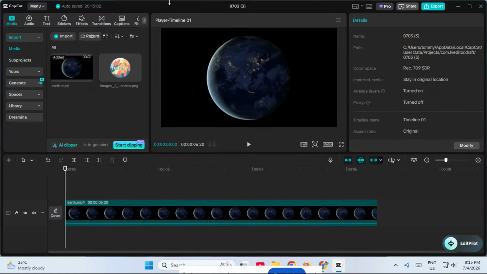If you want to make a smooth zoom in and zoom out effect in CapCut, you're in the right place. In this video, I'll show you exactly how to create a clean zoom effect using keyframes, even if you've never edited in CapCut before. This is a super useful technique for making your videos feel more dynamic, more professional, and